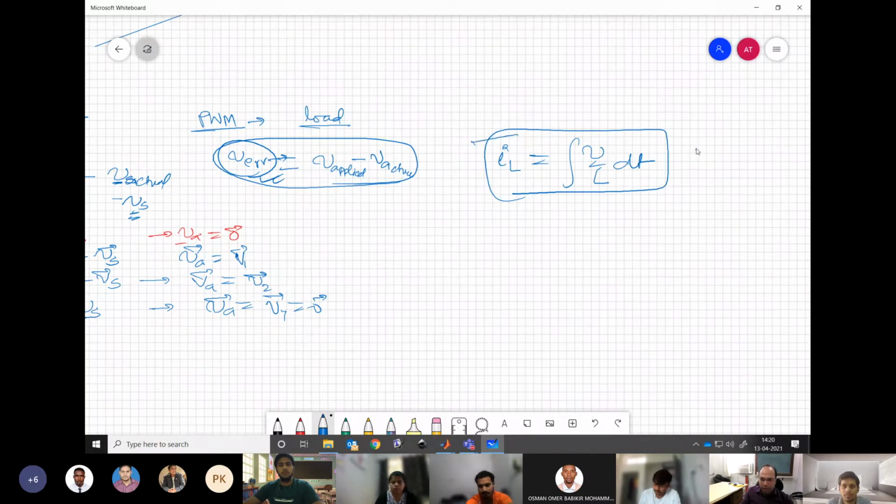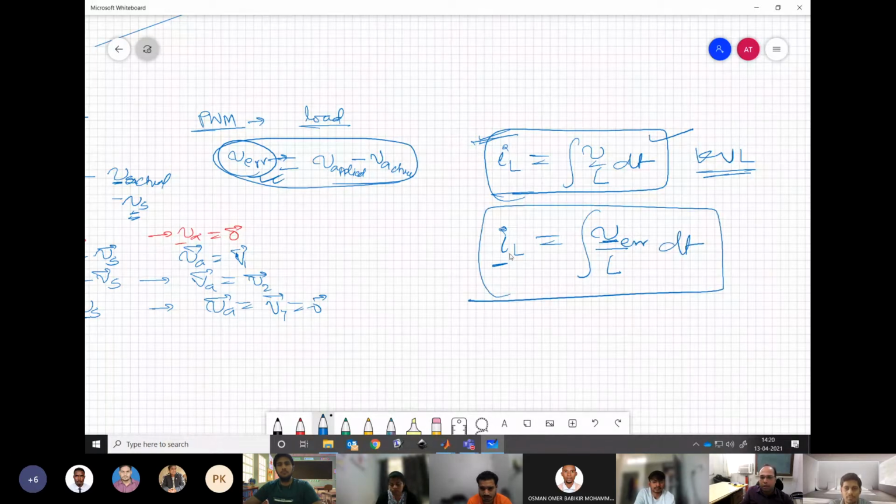So this is basically our KVL, which is true for stator quantity, like our scalar quantities, and even true for our vector quantities. So this error in current vector can be written in terms of error in voltage vector like this. Now the I and V are vector quantities. So whenever we have error in terms of voltage vector, we have current vector having ripple on it.